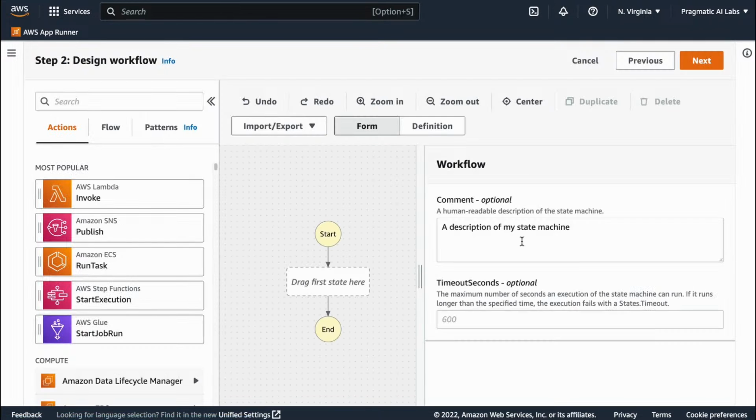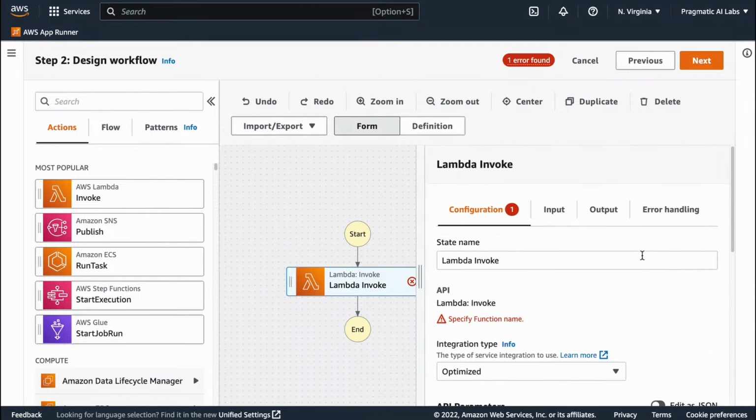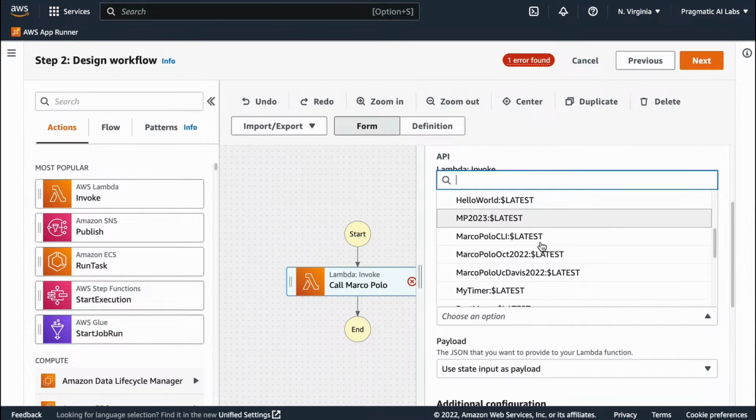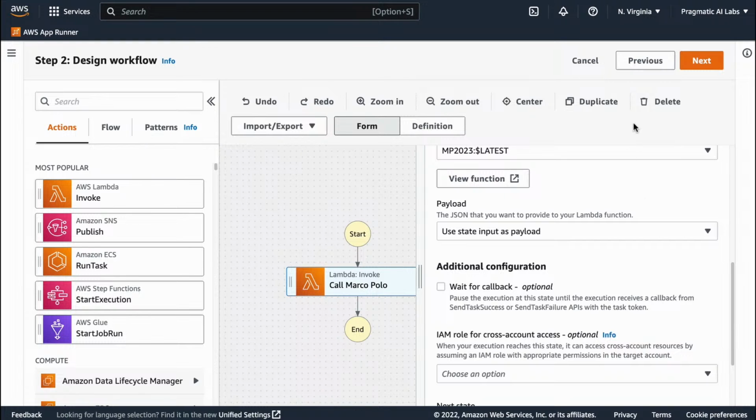So if I go here and I just grab this invoke, we could wrap it all up into a nice little system here. We can just say, basically call Marco Polo here. We can go to the Lambda, which would show up right here. We can say MP2023, and that's it. We can just invoke it.